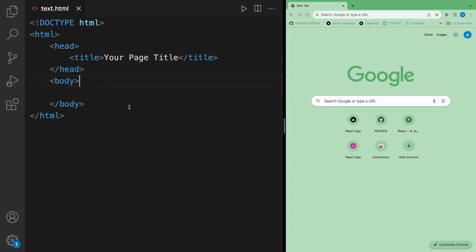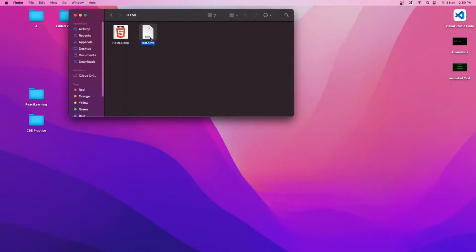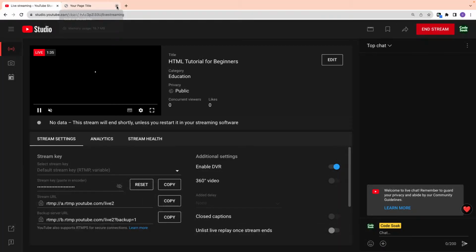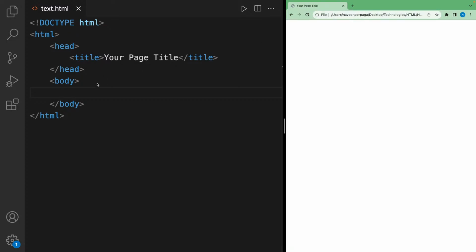Okay, so to run this HTML there are multiple ways. One of the ways is to drag this HTML file and drop it into your Google Chrome, right? So here in this address our HTML file will run. We'll just copy this address and paste it here. So here our title is